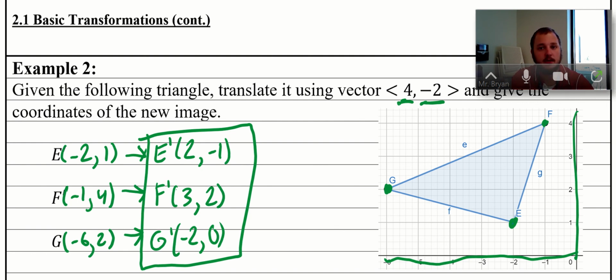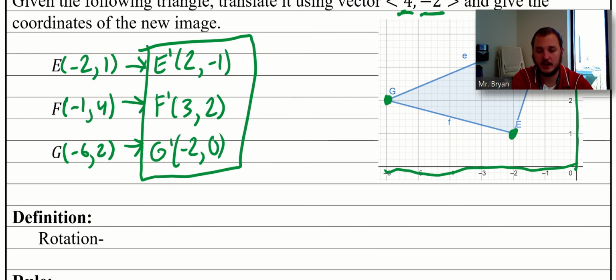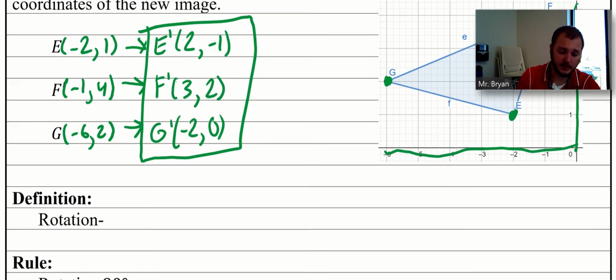Last one here that we need to introduce as well. We talked about reflection, talked about translation, and now the last one here is rotation. Hopefully this is another word that you've seen constantly used in everyday life. Okay? But rotation here, what it says is it's when we